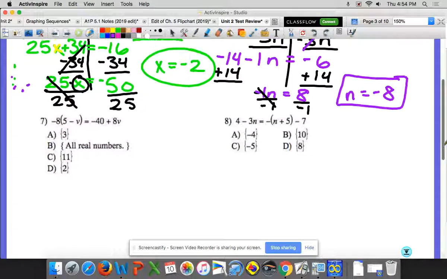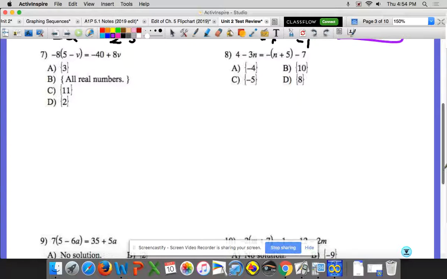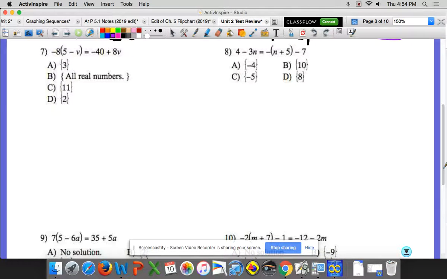So now let's look at number 7 here. So once again, we have to distribute. We're going to distribute that negative 8 to the 5 and also to the negative b. So when we do that, we have negative 8, and then when we distribute, we are multiplying. So negative 8 times 5 is going to give us negative 40. Please make sure you use your calculator for that. And then we have negative 8 times negative b. So although we are multiplying a number times a variable, and we are going to smack them together, we have to remember that a